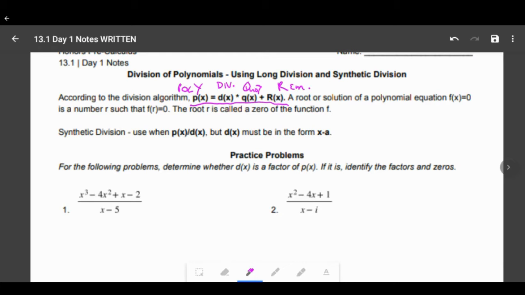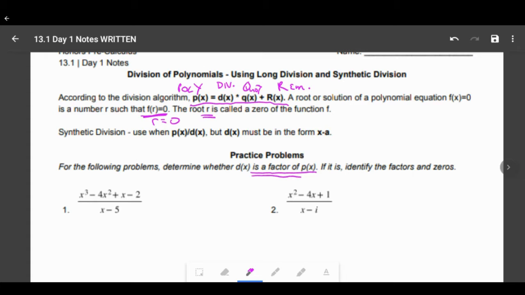And we know that a root or solution of the polynomial, f of x equals 0, is a number r such that f of r equals 0. So what's that telling you? That's telling you that when the remainder is 0, then we know that we can have a root. So when we're doing our division, that's what we're looking to get. If we can get that remainder to be 0, then we can go ahead and look at finding